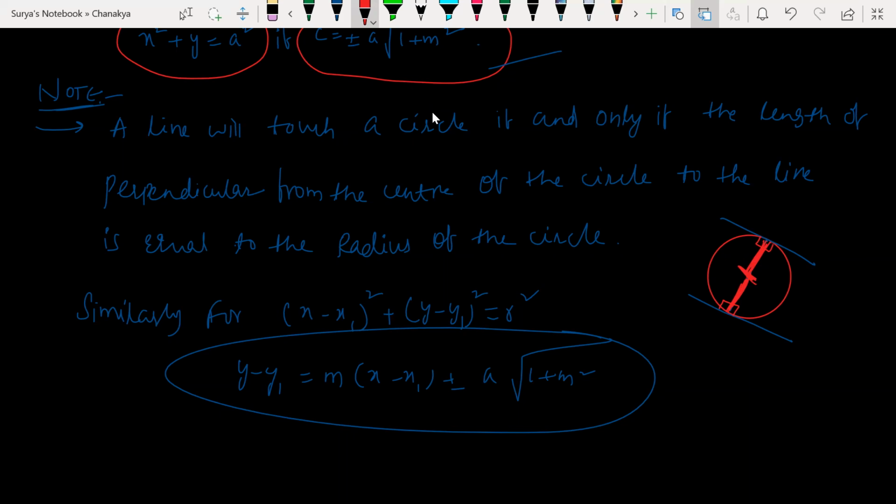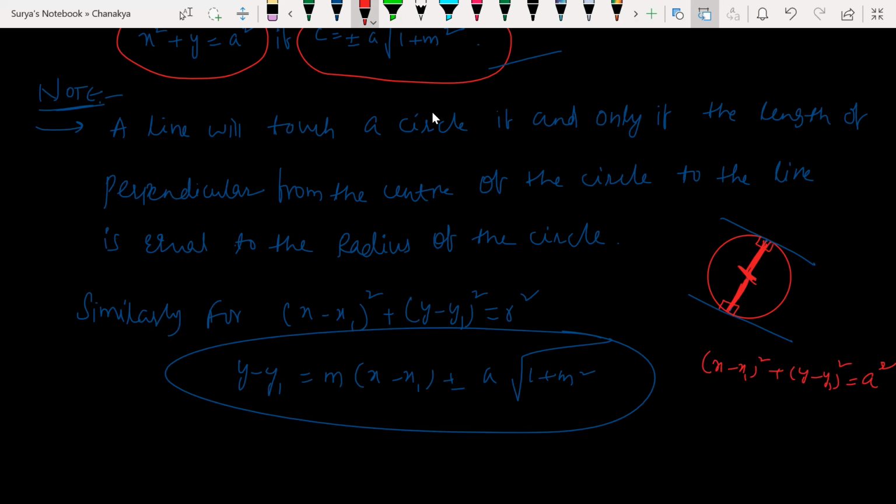Guys, actually we are not going to use all this stuff in formula, I mean problems. We should just know what is the point here. Look at this center. What kind of circle is this? This circle is going to be x minus x1 whole square plus y minus y1 whole square is equal to radius squared, take r square, a square, anything.